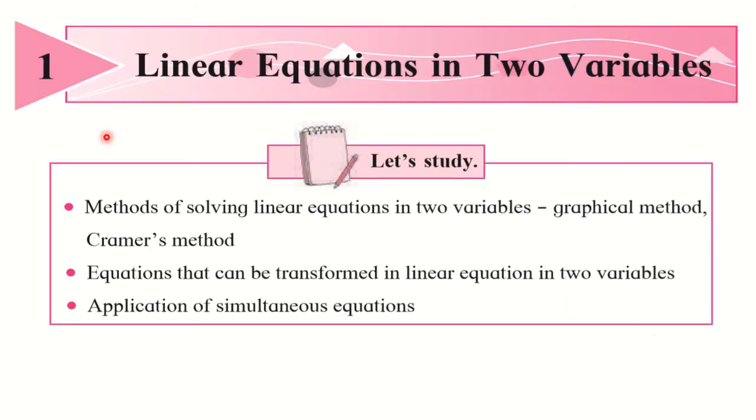So in this chapter 1, we are going to study different topics. You know that chapter 1 is linear equations in two variables. Already you have studied this in 9th standard. And from that 9th standard, the three methods, that is elimination method, substitution method and method to solve the particular type of equations also are included in this chapter. Plus the new methods to solve these equations, that is graphical method and Cramer's method or Cramer's rule, we are going to study in this chapter.